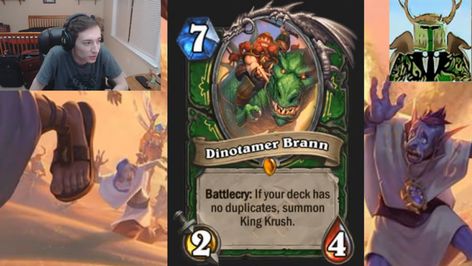I'm not gonna lie. So Brann went from having your battlecry trigger twice, oh my god, in Wild, because Brann is 3 mana, you play normal Brann and then you play this Brann, you summon 2 King Crushes. Oh, double King. And if somehow you get...